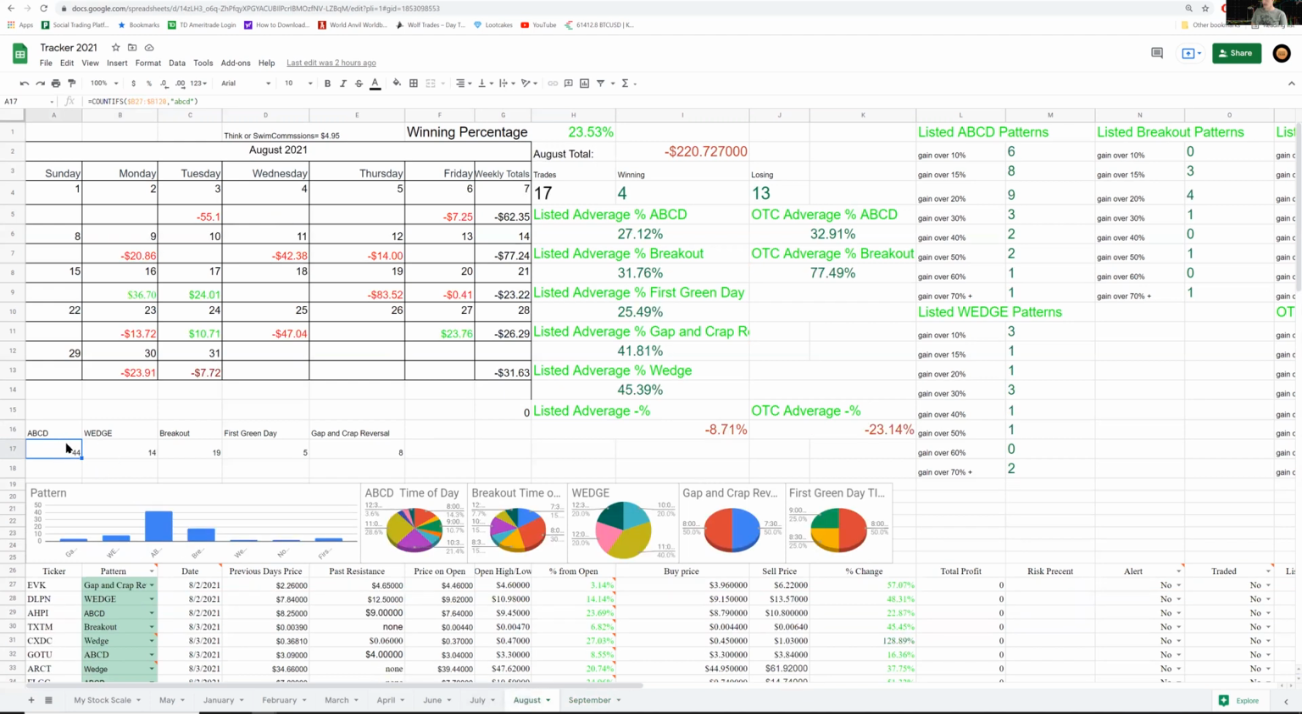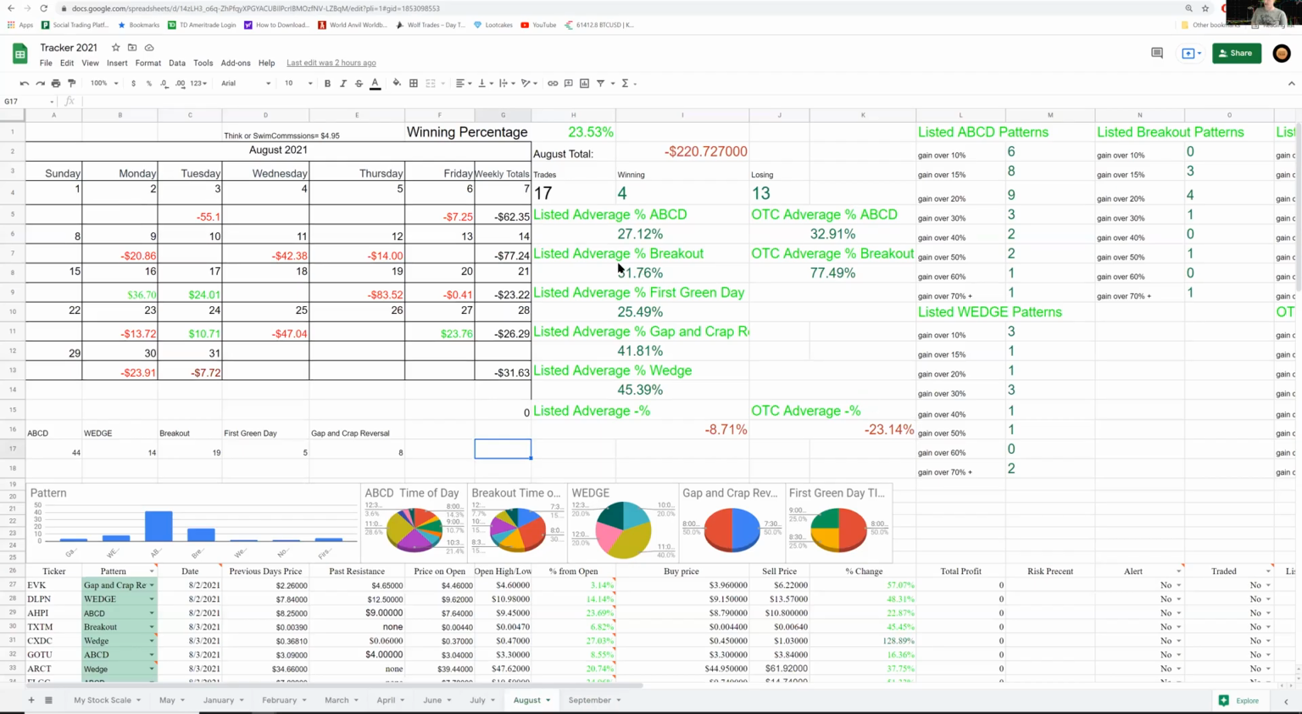Still, ABCD patterns present themselves more often in the market. So what I've been focusing on mostly is ABCD patterns, and going forward, my focus is going to be on ABCD patterns as well. Now, currently this month, I am actually down overall,